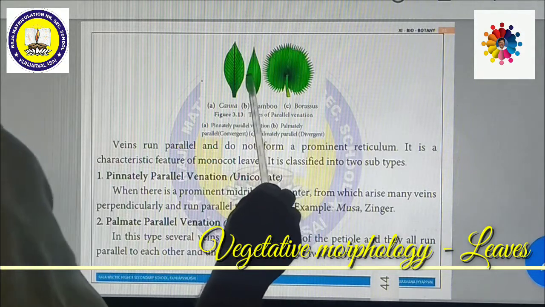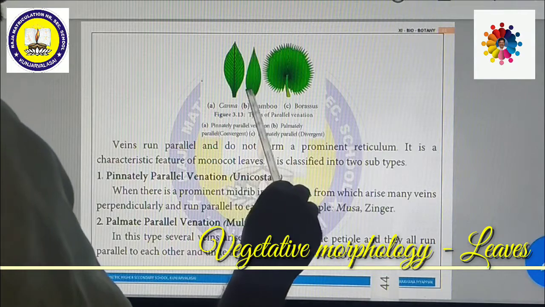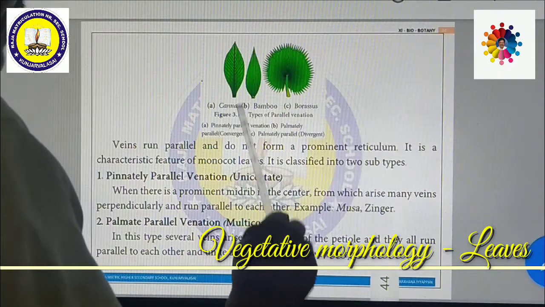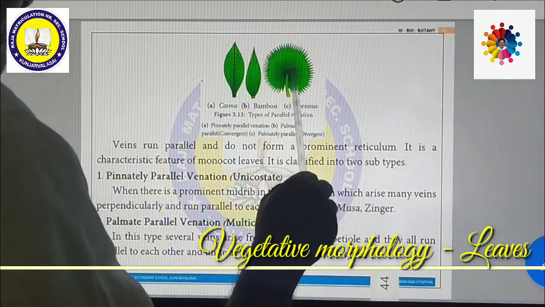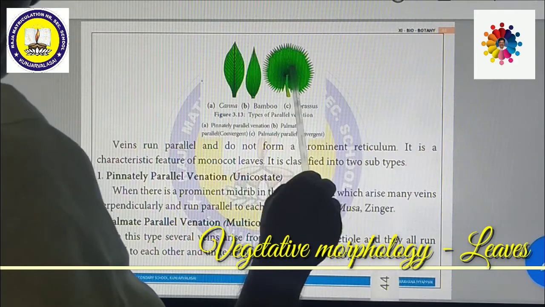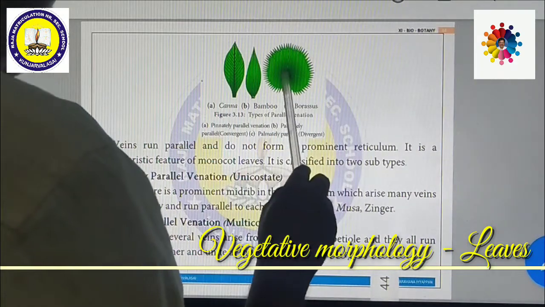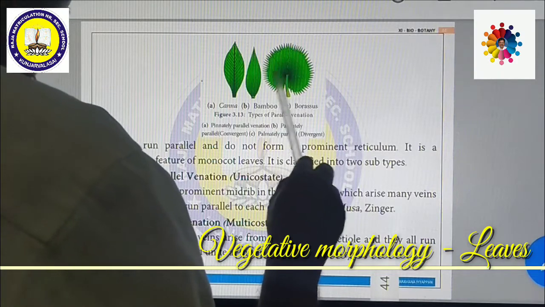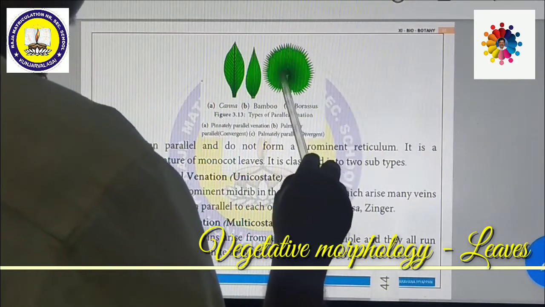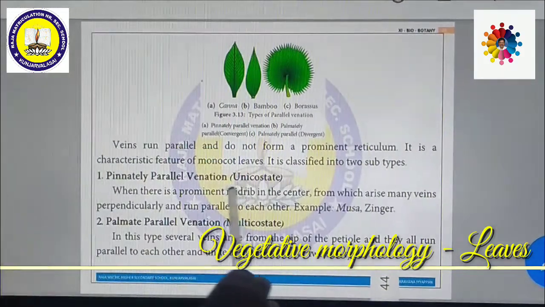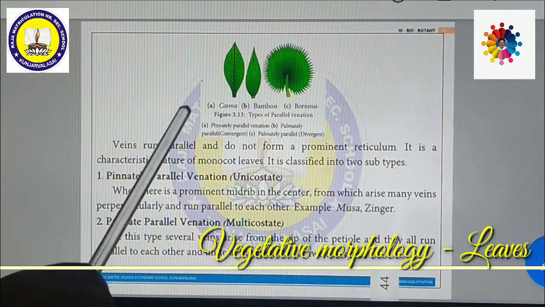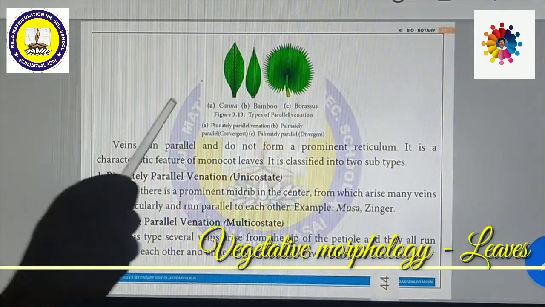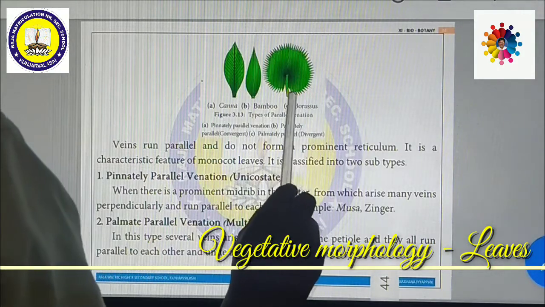If you see grass and paddy plant, a number of palmately parallel veins are converging at a point. But on the other hand, Borassus means palm tree, panema. If you see the leaves which possess divergent venation, that means so many main midribs are formed, these are dispersed here and there towards the margin.